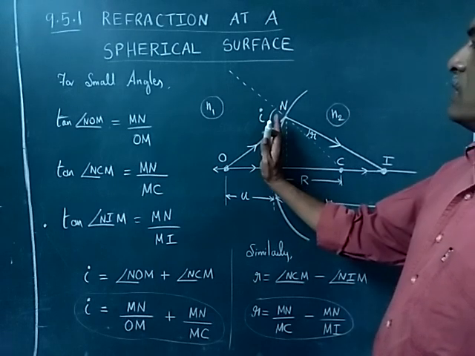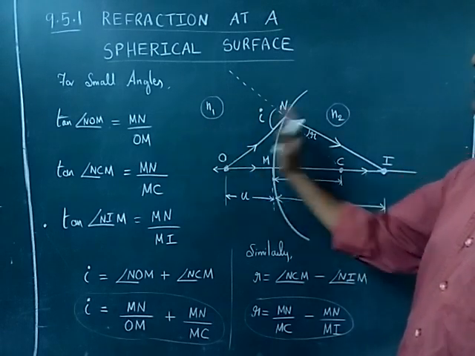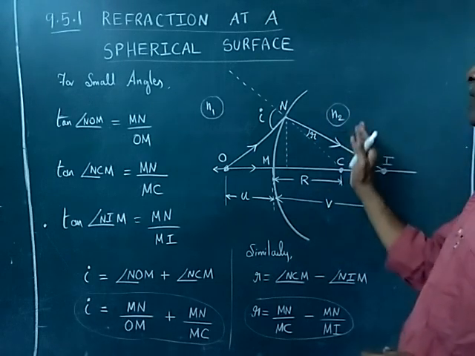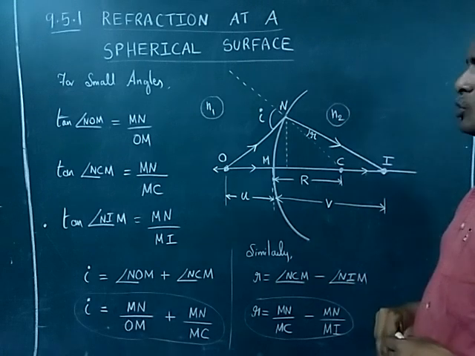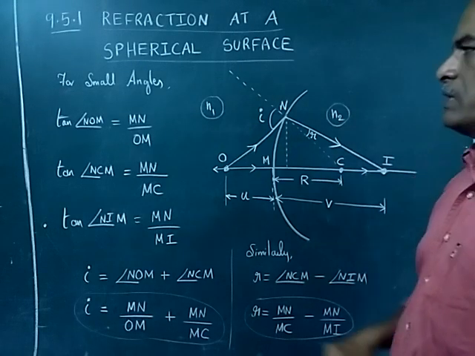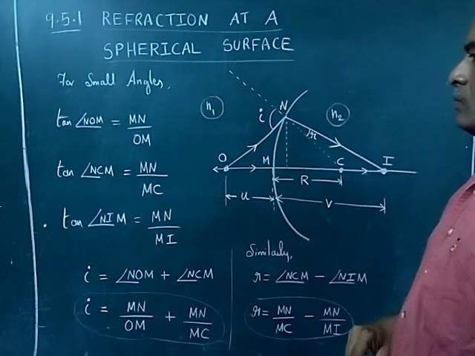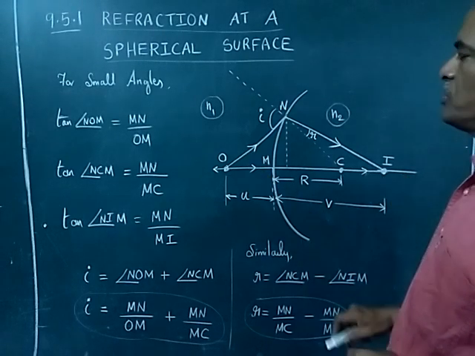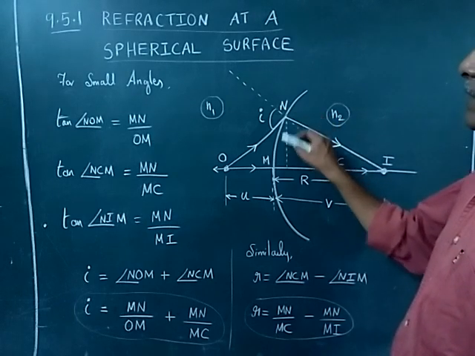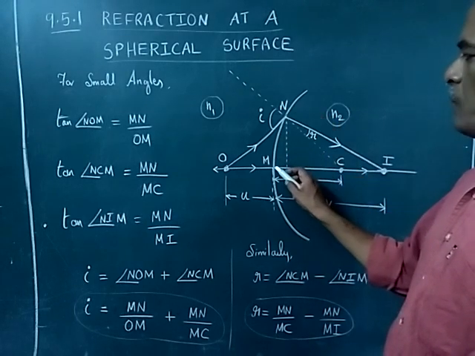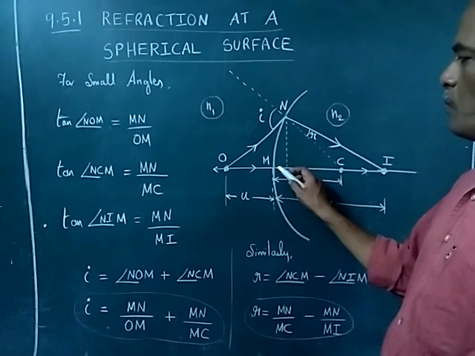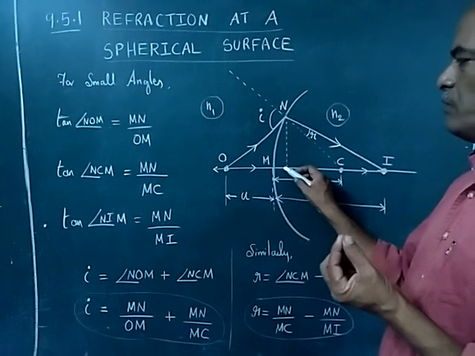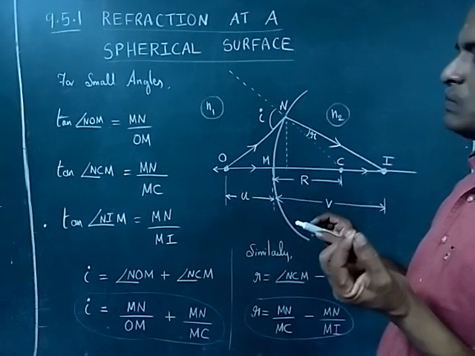Now, this is one medium, and this is another medium. So, inside the spherical surface, this side, the refractive index is n2 and the other side we have refractive index n1. Now the notations are, this is object and I is the image. Even though we see some distance between these 2 points, it is very close, you can assume this to be a single point.